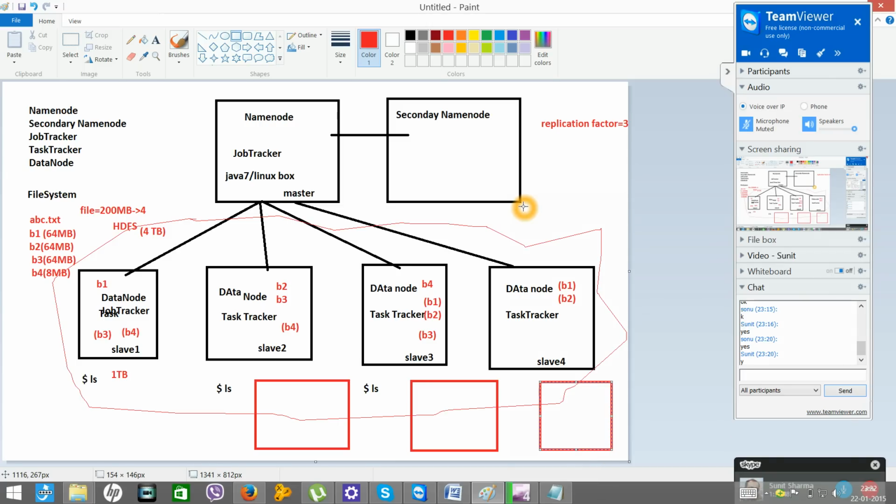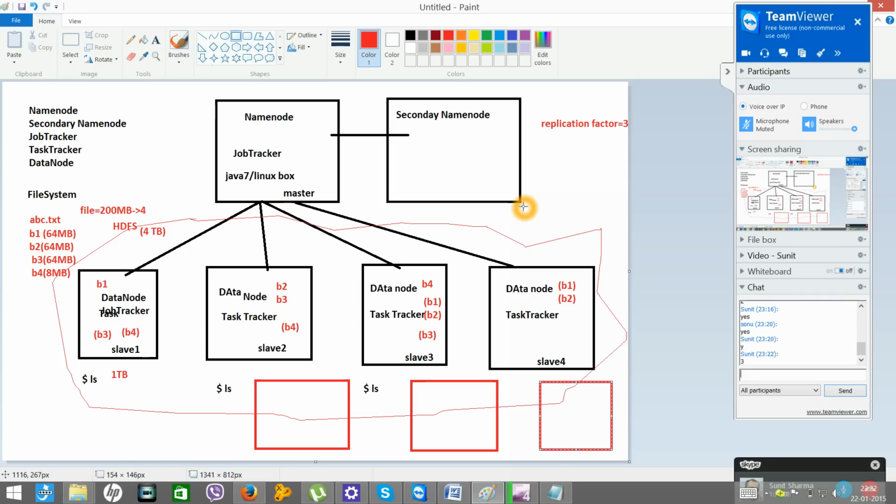Okay, now what is the default replication factor here? 3.